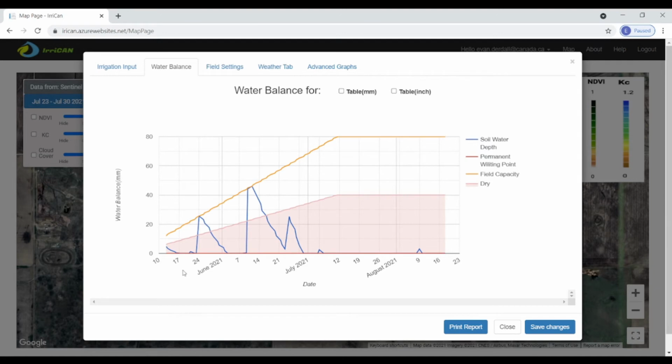So on this graph, you're going to have some important lines to understand. So the yellow line is field capacity. So this is kind of the maximum storage within the root zone. That's why this line goes up, is because this has to do with root zone propagation until a peak depth is reached, and then throughout the season it's pretty much fixed. On the bottom, or zero out, is your permanent wilting point. So that's where the crop would